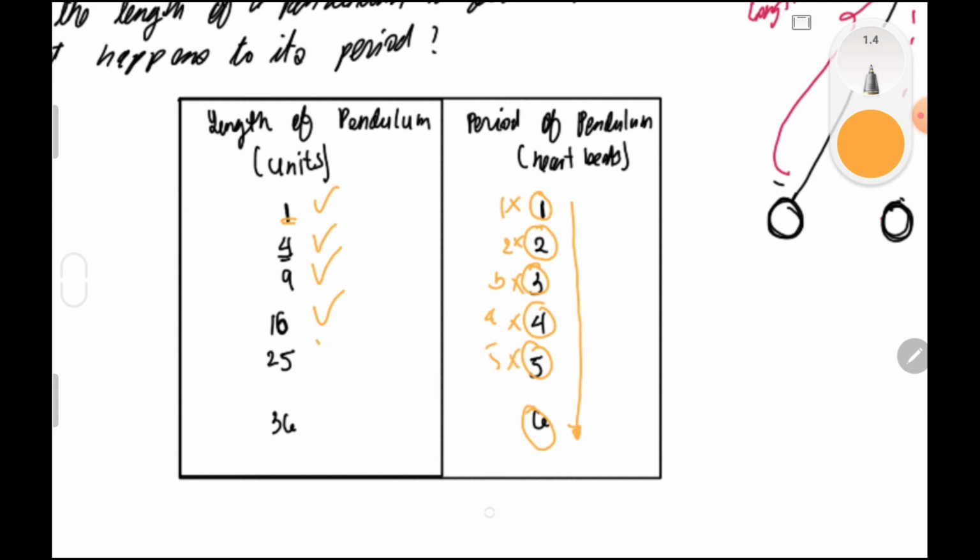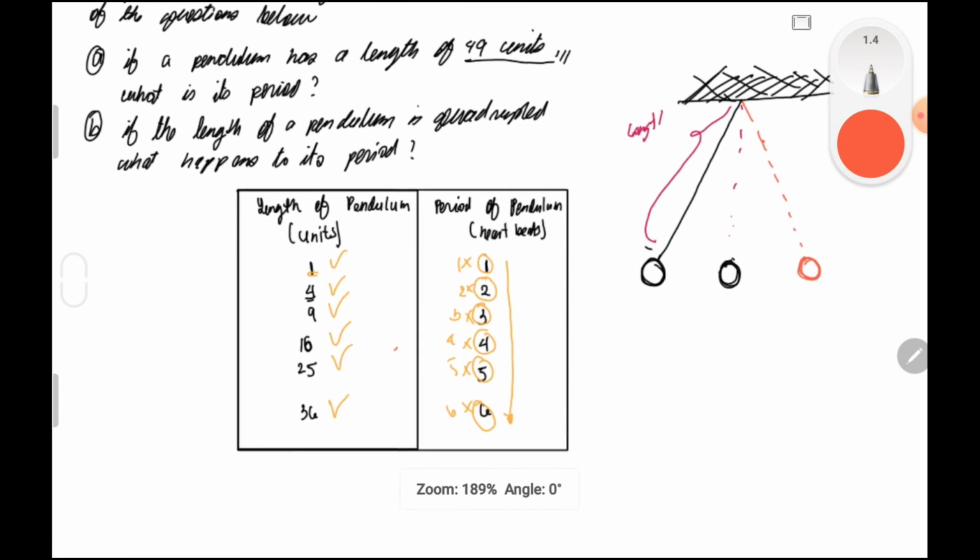And 5 multiplied by 5 is 25. And 6 multiplied by 6 is 36. From that, therefore, I can say that pag nagkaroon ako ng 7, okay, if I will have 49 units of length, so pag 49 daw to,